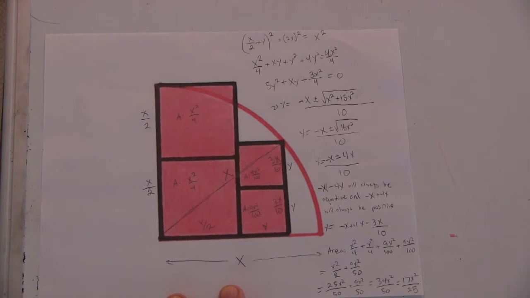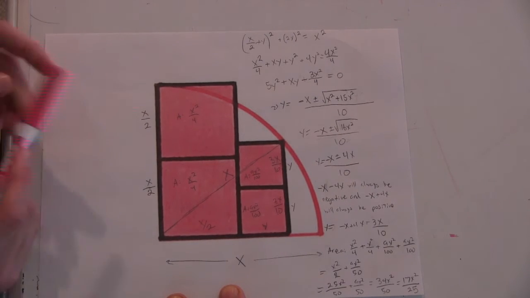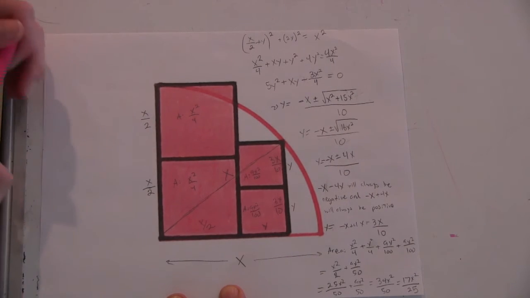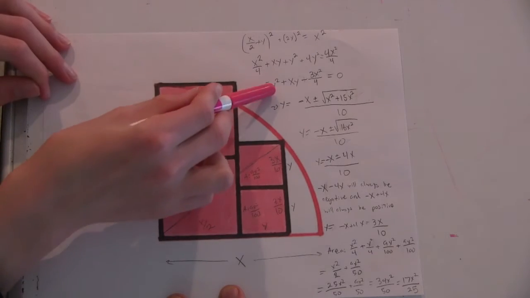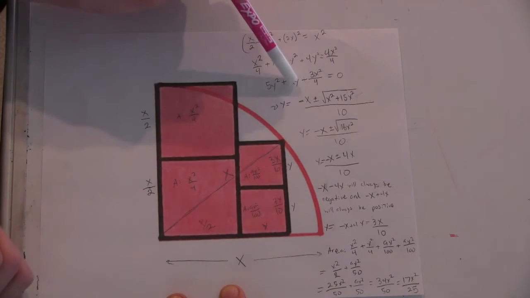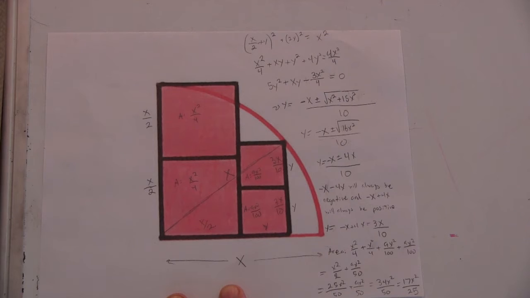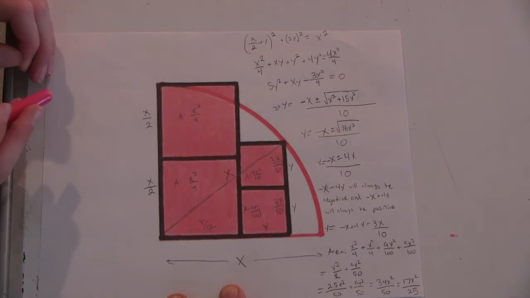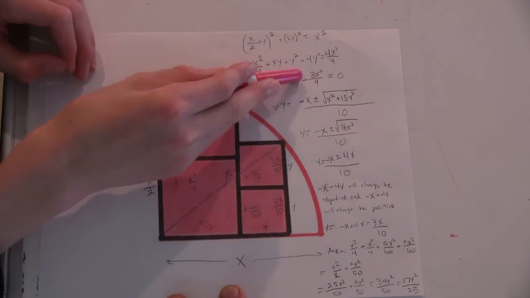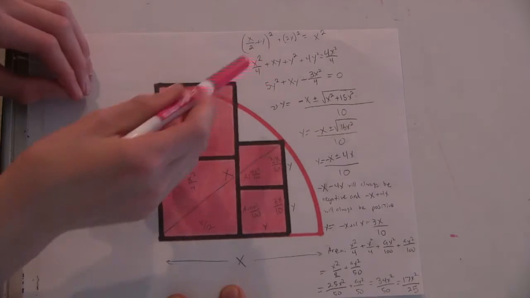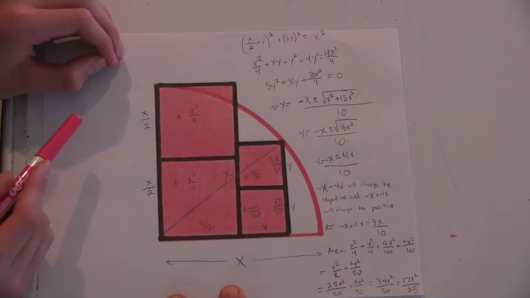So we can use the quadratic formula again. This time we get y equals minus x, because we have y as our unknown. x being unknown doesn't really matter because we're not trying to solve for it. So x is included in our coefficient: minus x, plus or minus the square root of x squared,